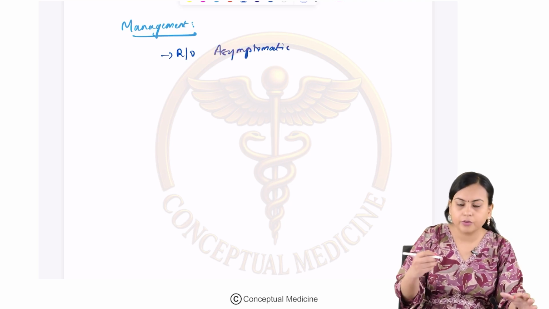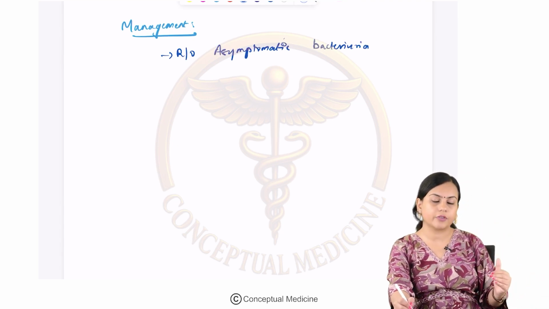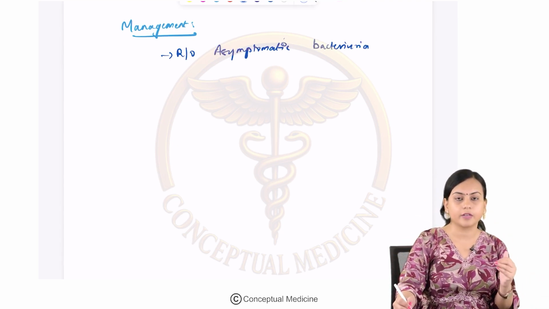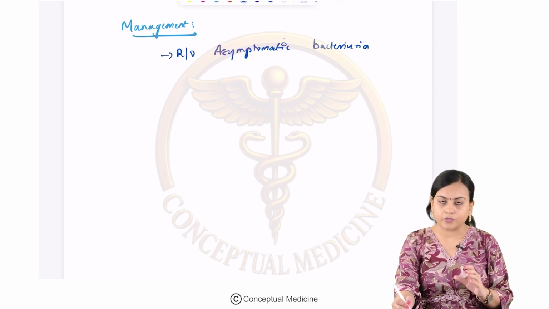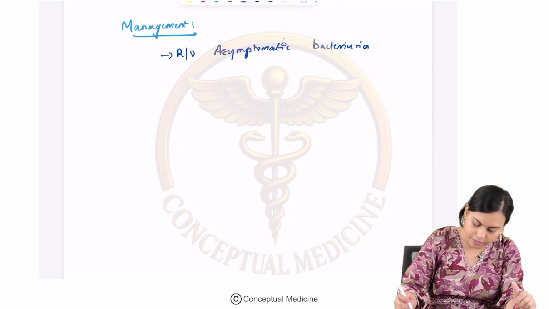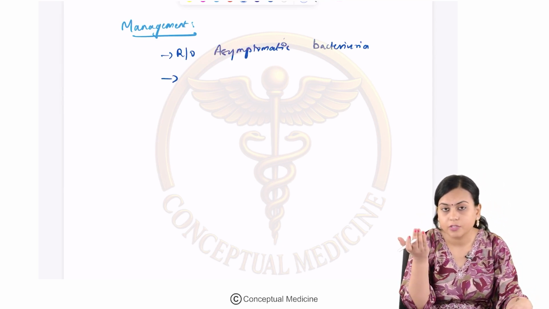Okay, you have to rule out asymptomatic bacteriuria first, because we have already seen that asymptomatic bacteriuria is going to cause preterm labor and low birth weight. Okay, so this is not good for the patient. So first you have to rule out asymptomatic bacteriuria, and just because she is having increased frequency of micturition, don't